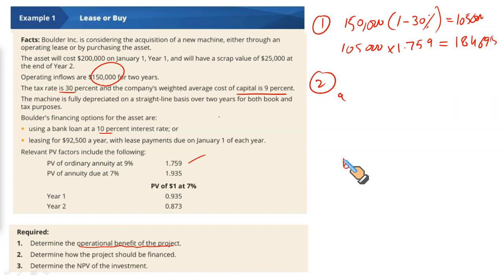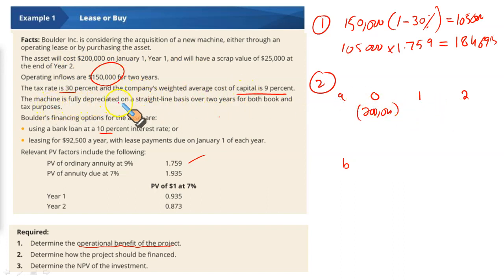So in the first case, we borrow the funds and we use the borrowed funds to purchase this asset. Since it's a 2-year project, year 0, 1 and 2, let us write down the relevant cash flows. When you borrow the funds and use that to acquire the asset, it's the initial investment at year 0 of $200,000. Where did I get this amount from? The asset will cost $200,000, right? Let us read the remaining part also to fill in the blanks.